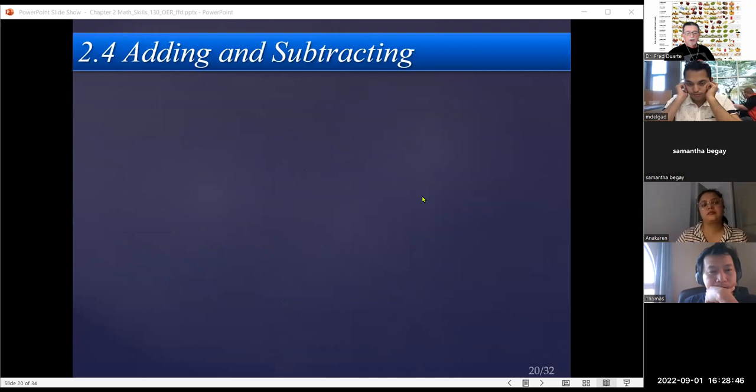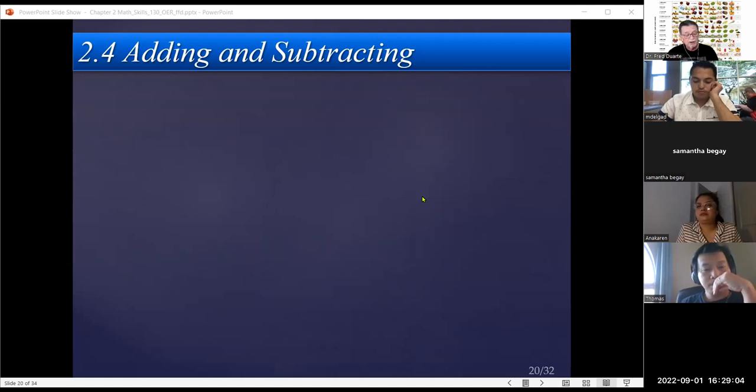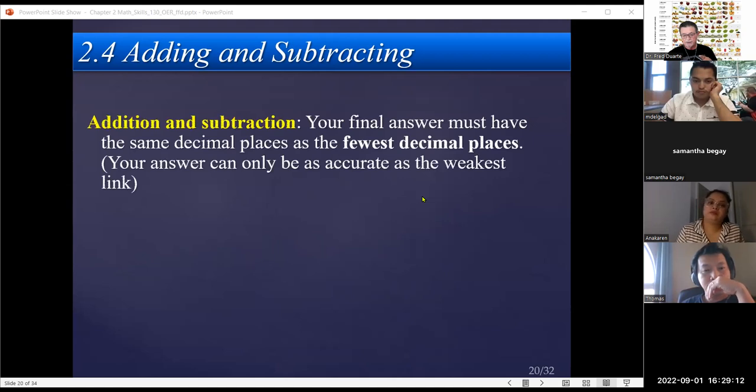Now, as I mentioned earlier, when we are multiplying and dividing, we have to be aware of the number of sig figs. So our answer should have no more sig figs than the number that has the least number of sig figs. When it comes to adding and subtracting, don't worry about sig figs because there's no relationship. Okay, we worry about decimal places. Now I'll explain that here in a second. So your answer should have the same number of decimal places as the number that has the least number of decimal places. Let's take a look at this: